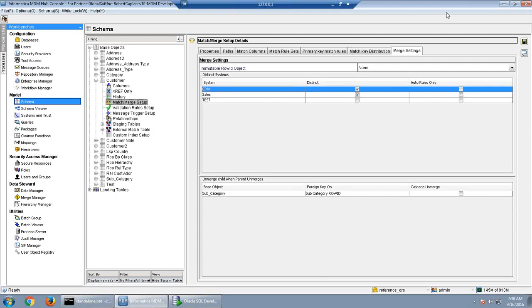Okay, so next, this property is remaining, and we will do it practically, because I have to show you how it works practically. The last option, unmerge child when parent unmerges, we will take up later once we complete the fuzzy part. In the meantime, if you get time, there is this document related to the match. Just go through it, so that it will be easy for you to understand things when we go through the fuzzy part.